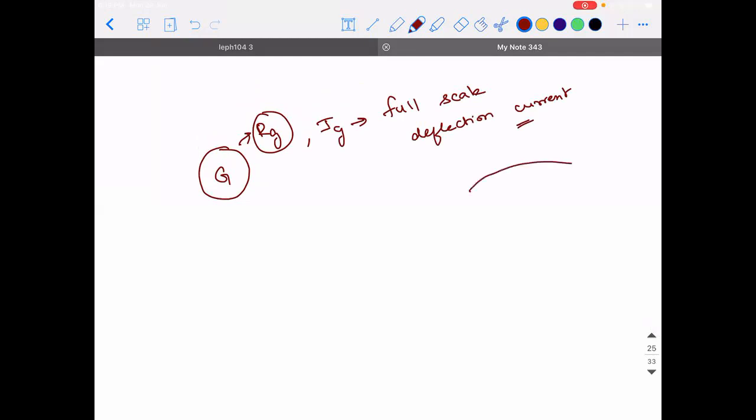Means how much current do we need to pass through the galvanometer so that it is able to show exactly the last division that is available on that particular device. That we can call it as full scale deflection current. Correct? So this is RG, this is IG. Now,